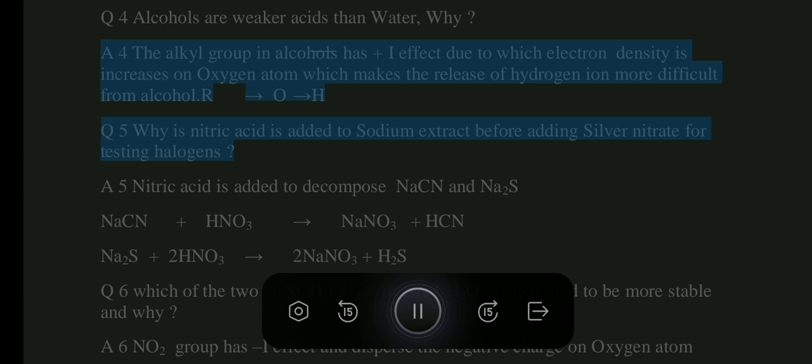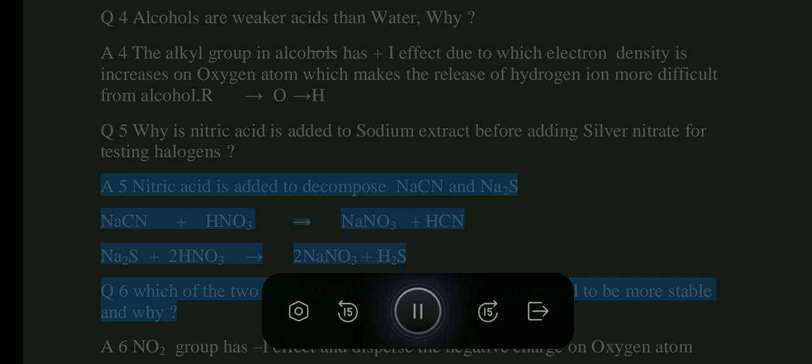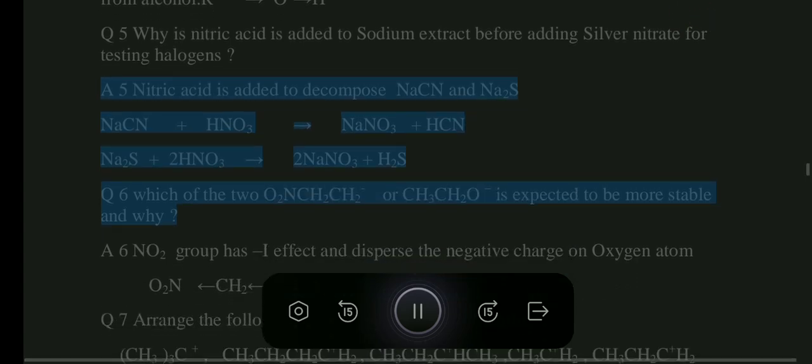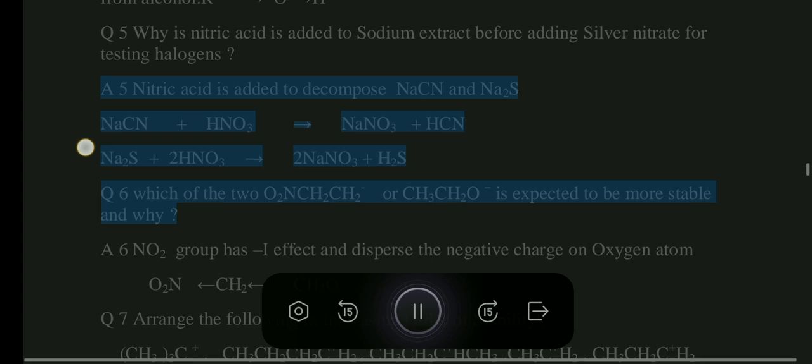Q5. Why is nitric acid added to sodium extract before adding silver nitrate for testing halogens? A5. Nitric acid is added to decompose NaCN and Na2S. NaCN + HNO3 → NaNO3 + HCN, or